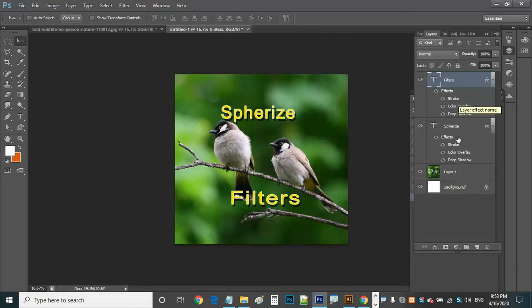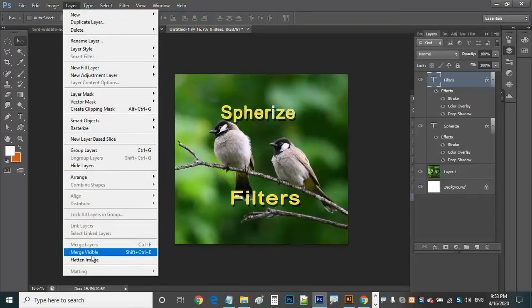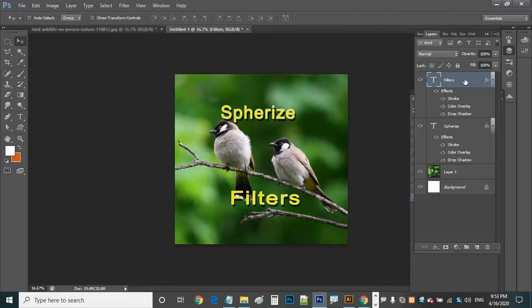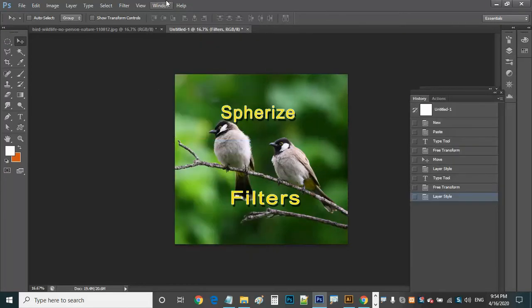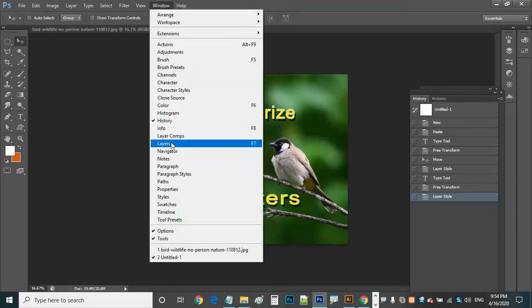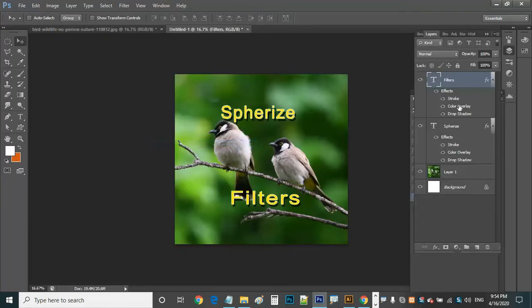So if you want to merge all these layers, friends, we have one option here called layer merge. Here we have different options: merge layers, merge visible, and flatten image. I am not explaining all these options here, but what I want to do is merge all these layers. So this layer is already selected. If you can see this layer palette, if you are not able to see this layer palette, you will find it under Windows. If you can see the layers here, so Windows and layers, F7 is a shortcut for that, right?